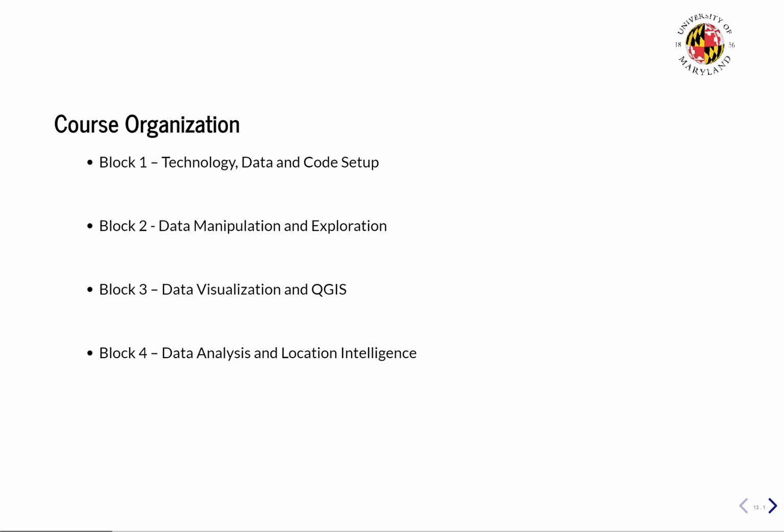Once we know the data better, we will visualize it on QGIS and create a video to see how this data changes with time by actually getting a hands on the tool in block 3. In block 4, we will dig deeper into the data and try to find out the home and work locations for the users that are a part of the data set that is created for this course. I hope you continue to work with me through this video series and find it interesting by learning something new.